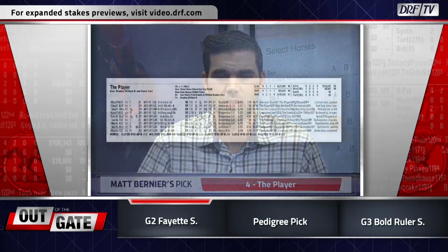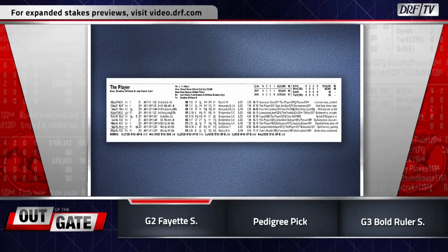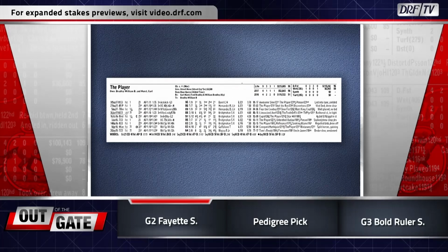Matt, you and I have been fans of the player for a long time. I'm a little bit worried about the distance. Yeah, as am I. I guess that's the real bugaboo here. He's a little bit lightly raced, so I kind of like that part about him. But we're going to take a look at his past performances, and you're going to note that he hasn't had the opportunity to go this long, really, ever in his life, other than maybe one instance. He's been kept to one turn more often than not, and I just wonder if it's an instance where, okay, if Neolithic doesn't fire, if maybe Honorable Duty, who I think is just as likely a winner as Neolithic if not for the tactical difference,